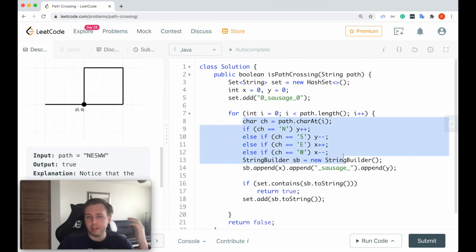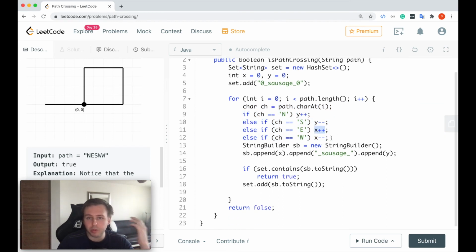We'll do exactly the same checks as we did for the first approach, to update our y and x values, to keep track of what point we are at the moment. Then we will create the string builder to represent the current point as a string, to do a similar thing as we did for the point 0, 0. We are using the string builder for that, so we will append three strings: the value x, then we'll append our delimiter, whatever you choose to be